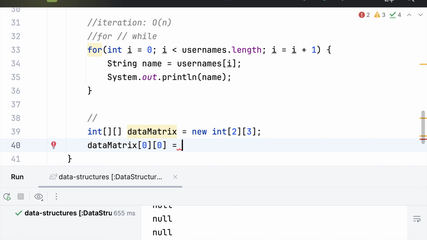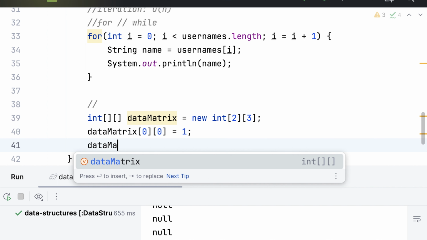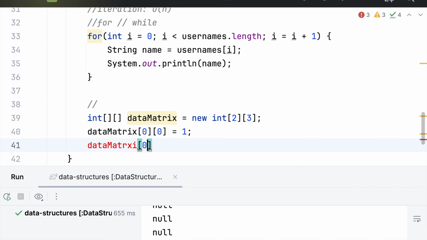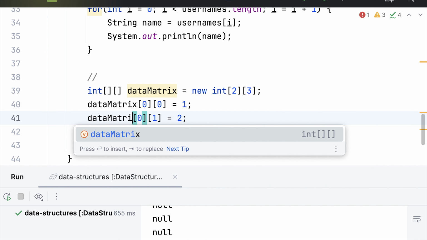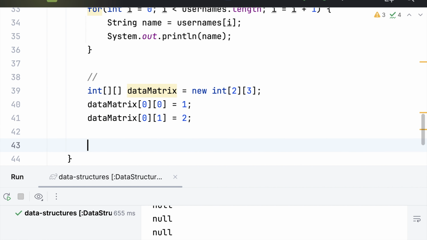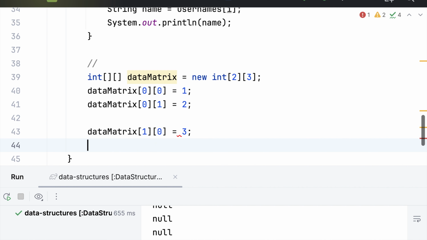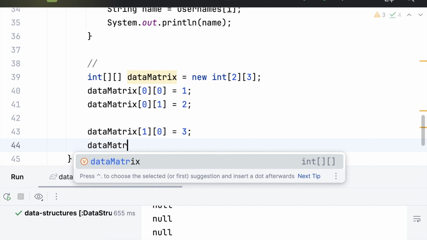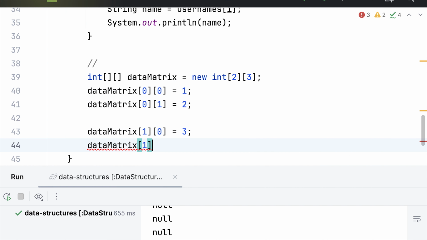So the first row and first column is going to be, let's say, 1, and first row and second column is going to be 2. Now let's assign the second row, which is represented with 1, and first column is 3, data matrix, second row, second column is